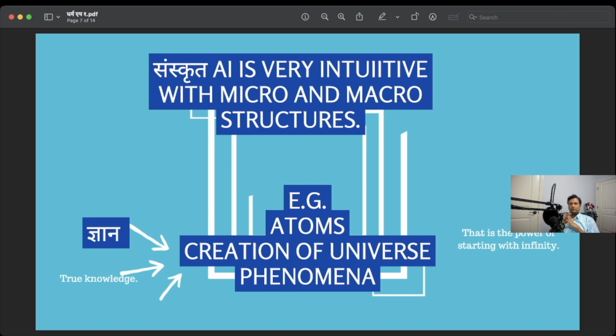Where you know nothing, you do dada and try to understand the universe, and ultimately you reach somewhere, because you are a seeker, and a seeker always finds the knowledge, right? But Sanskrit starts with the concept of infinity. You start with the assumption of Ananta, Brahmand, Ananta Brahma, Ananta Vishnu, anything, right? The concept of Anant is like abundance.